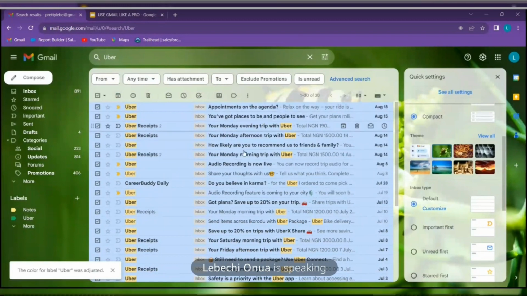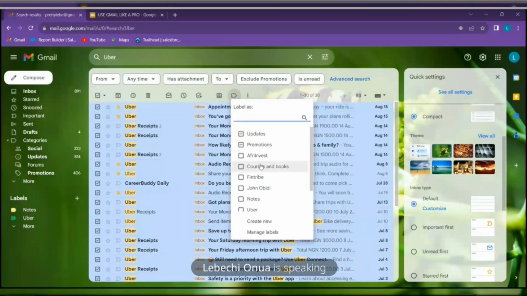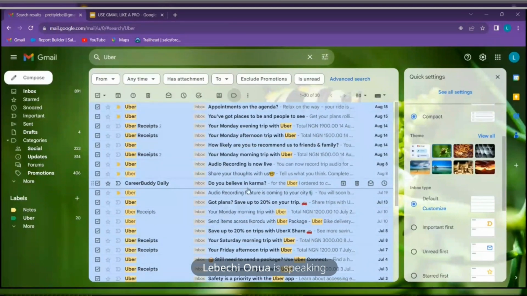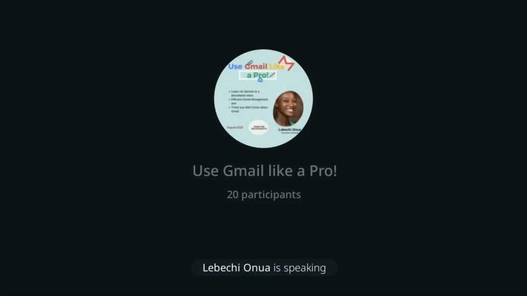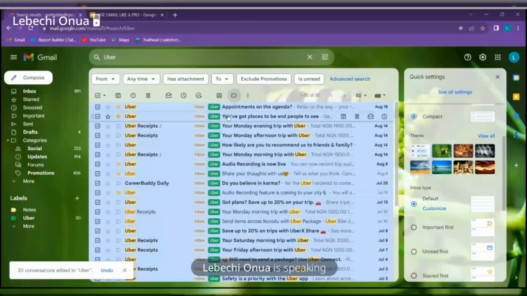So now we want to move all of these emails from the inbox to labels. So we just click on labels and we look for Uber over here. We click on that. So you see that it has labeled all the emails that have Uber. It has labeled it as Uber. So if you go to your inbox,